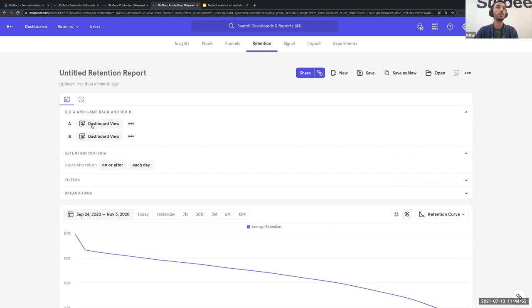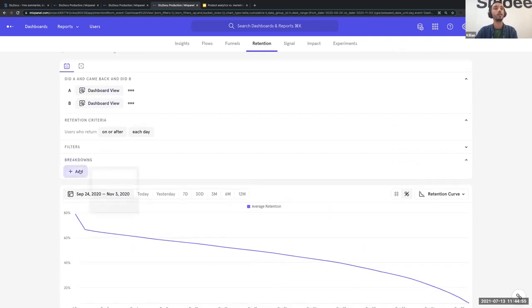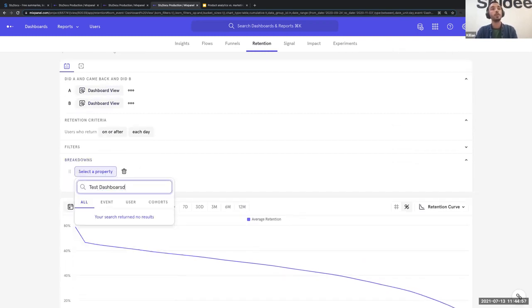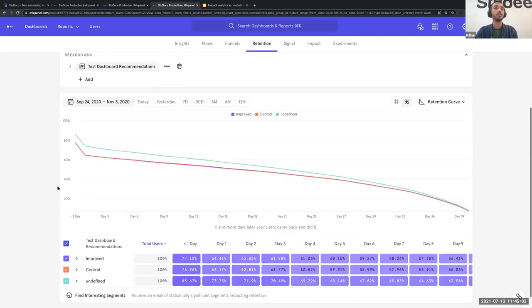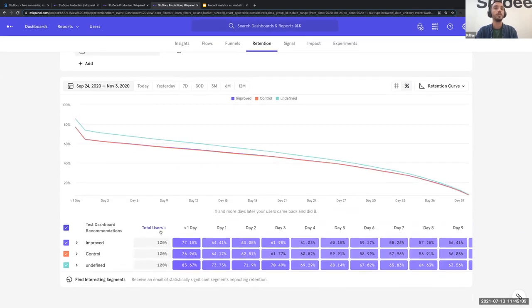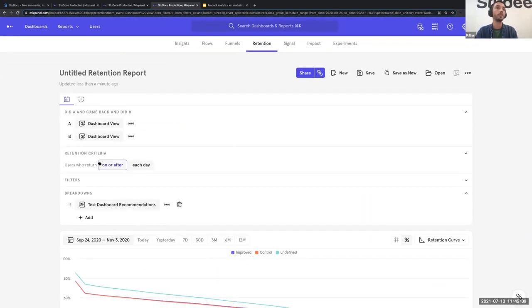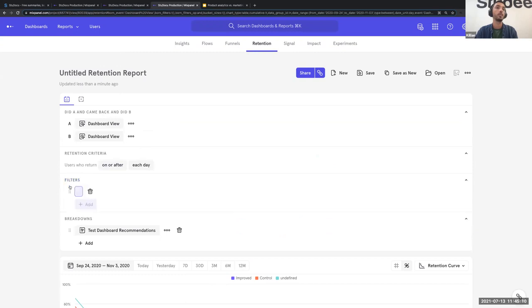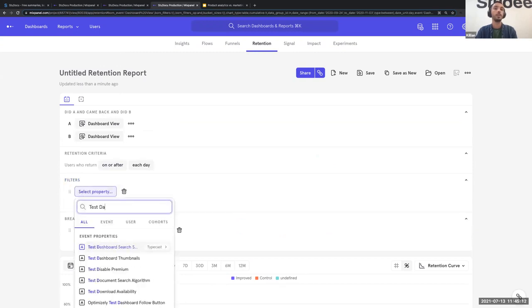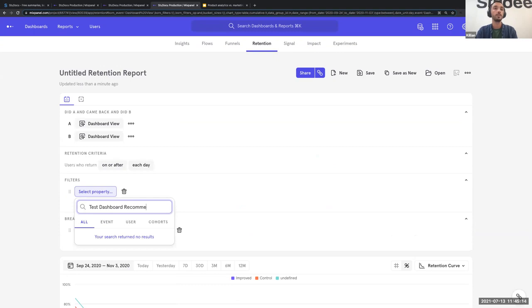So here you can see going to the dashboard and coming back to the dashboard. I'm gonna use again that test. And here you can see the conversion. In that case, I'm actually gonna filter out people who are not in the test and cannot see recommendations.